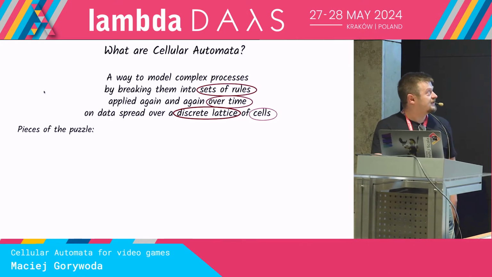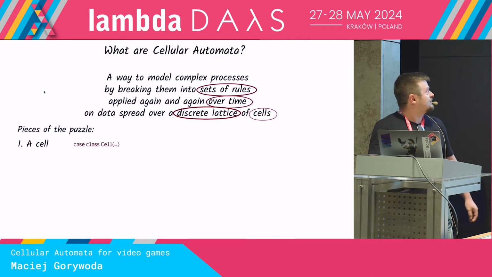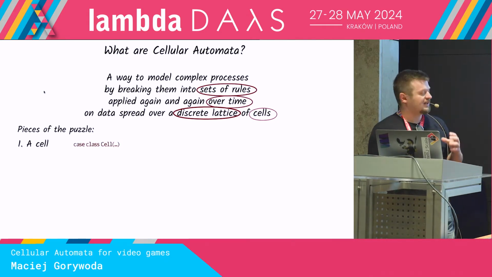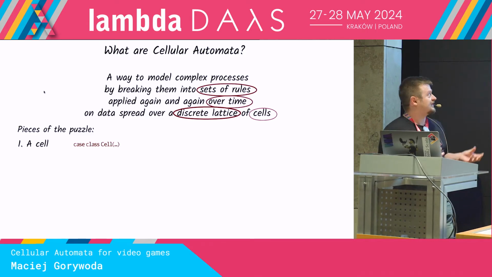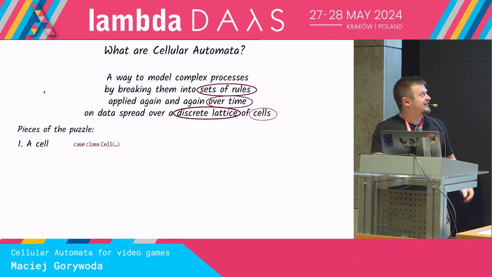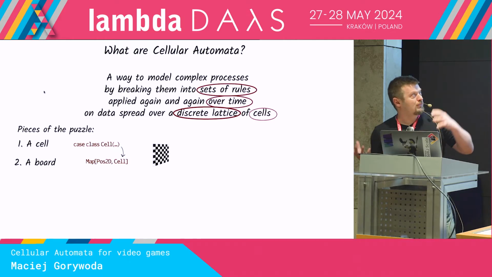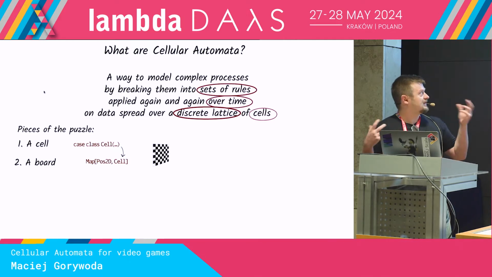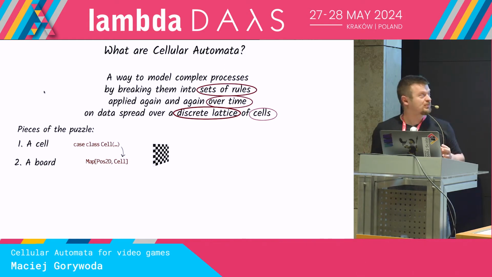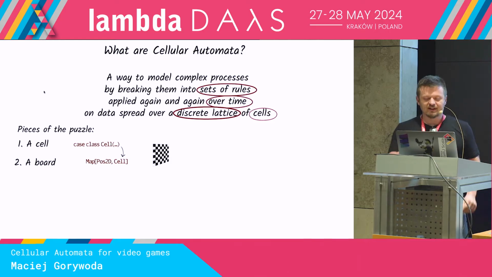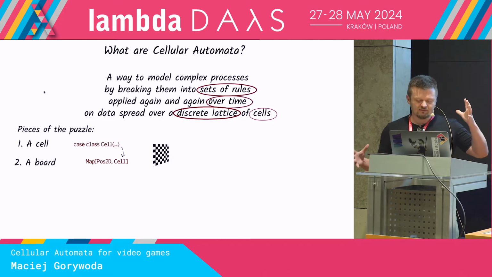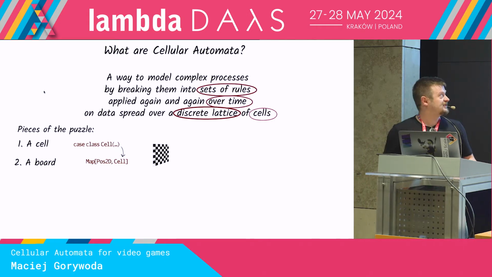To translate it into a programming language, especially Scala, because this is what I'm working on, we have a cell. A cell can be some kind of case class or a record that has some immutable properties, and that's just one piece of a very big board. Now, we have a board that can be modeled as a map of positions to the cells. Here we have a simple chessboard with two-dimensional positions, but in fact it can be anything. It can be many-dimensional, it can have some tunnels, teleports, whatever you like. It might not even have a physical representation, and I'm going to go back to it later.